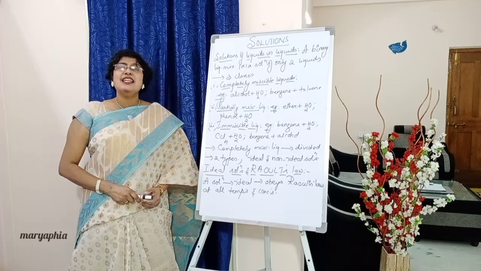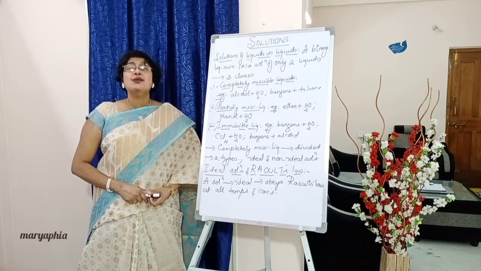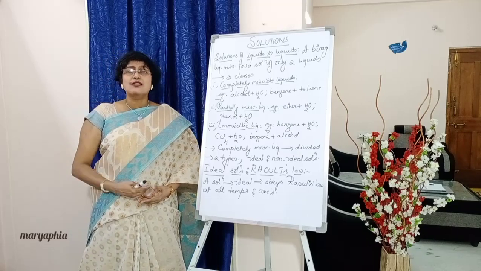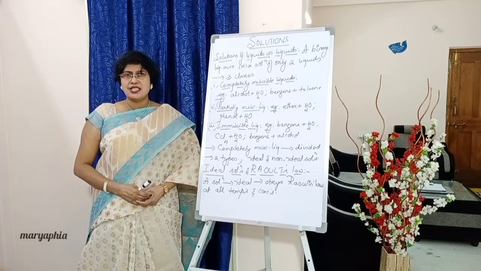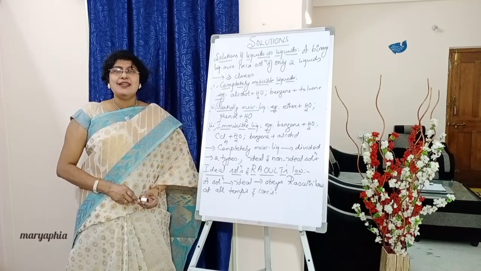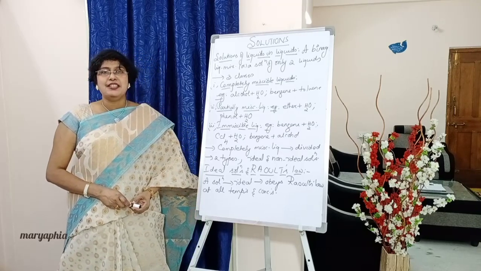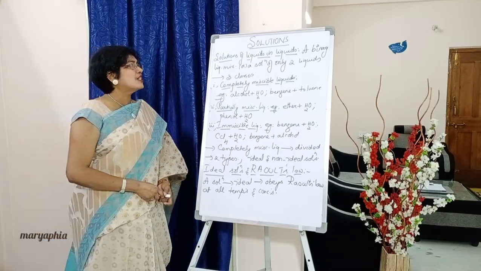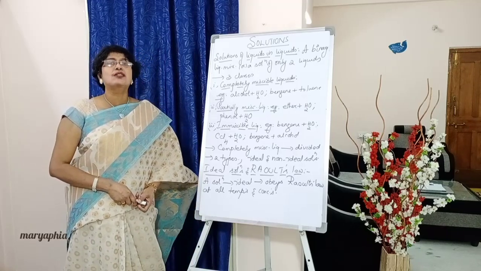Now, a binary liquid mixture. What's the meaning of a binary liquid mixture, students? It consists of two liquid components. A solution can be made by taking two or more than two components. Here we are considering a binary liquid mixture which consists of two liquid components. Such binary liquid mixtures, or solutions of a liquid in a liquid, are mainly divided into three types, as I mentioned on the board. A binary liquid mixture or a solution of only two liquids can be classified into three types.